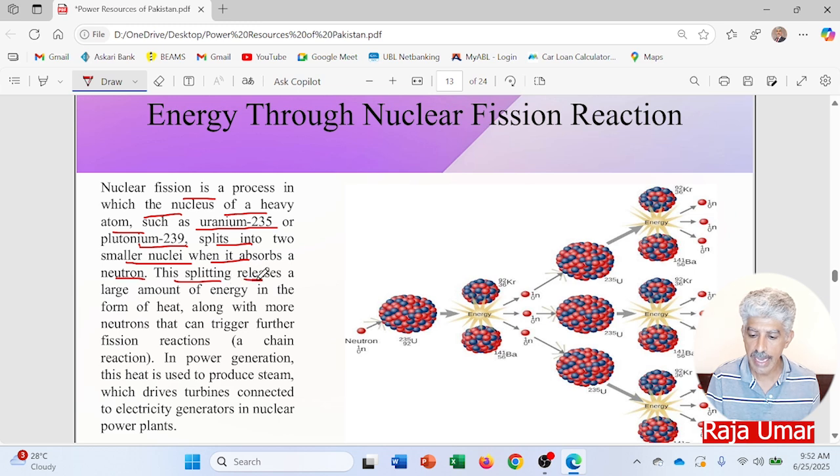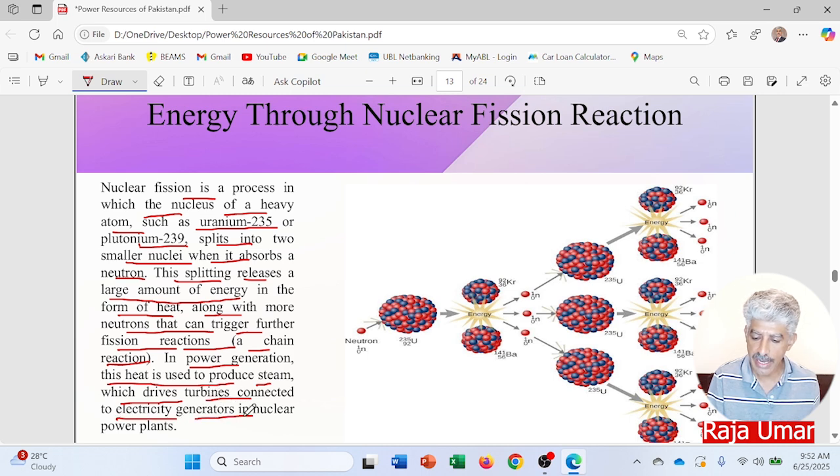This splitting releases a large amount of energy in the form of heat, along with more neutrons that can trigger further fission reactions. A chain reaction starts. In power generation, this heat is used to produce steam, which drives turbines connected to electricity generators in nuclear power plants. So if you see over here in this diagram now, this is the uranium